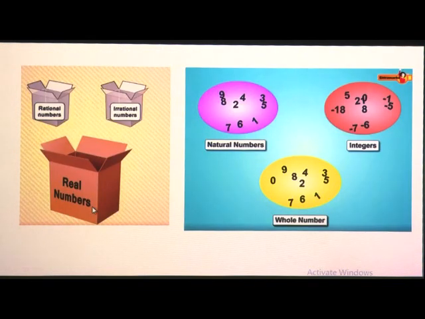Now, real numbers. What are real numbers? Real numbers are rational numbers and irrational numbers. Now you know what rational numbers are. Just recall what we learned: rational numbers, and irrational numbers, which are the value of pi, root 2, minus root 2 or 3 to the power minus half. These are known as irrational numbers.